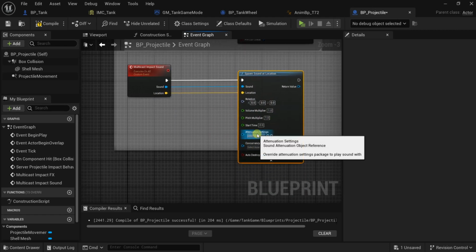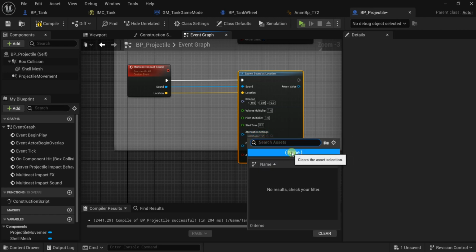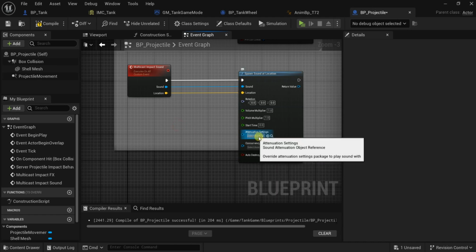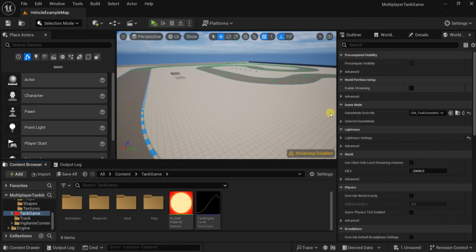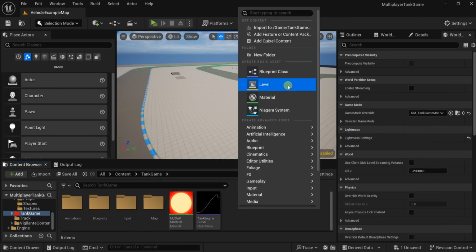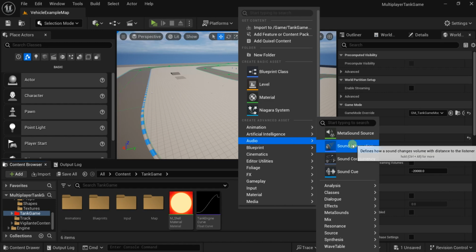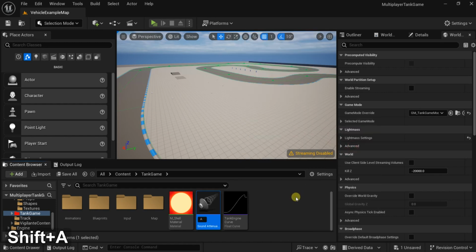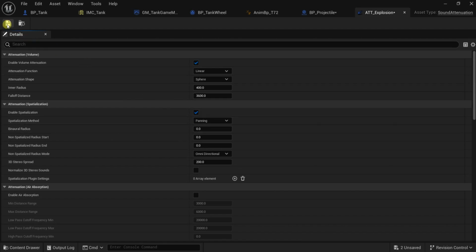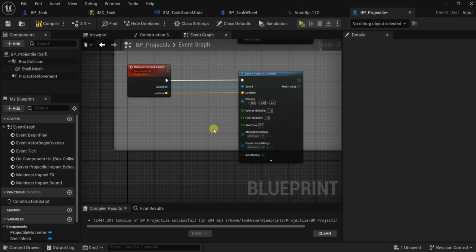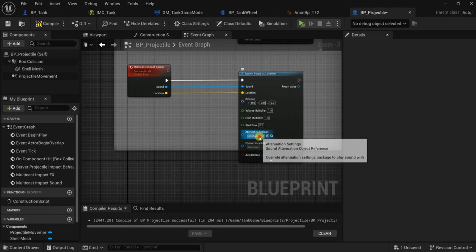and also we need to use attenuation. Let's make an attenuation settings. Here let's go to the audio sound attenuation. Let's call it ATT underscore explosion. Open it. I will not change anything in it, leave it as standard, because if you don't use attenuation settings,